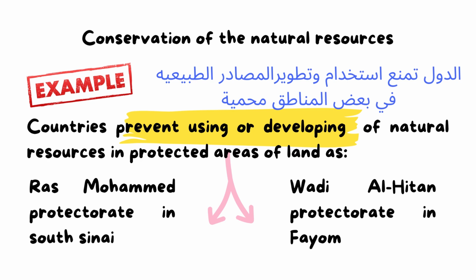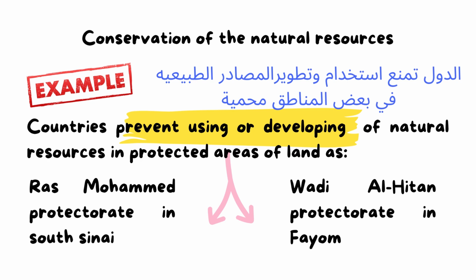As some countries prevent using or developing natural resources in protected areas, as some countries don't allow people to reach some areas that are protected areas, as some countries control, okay, reaching to some areas, as no people go there,